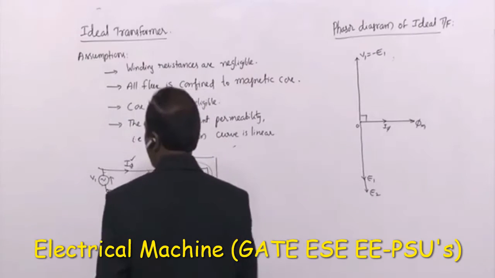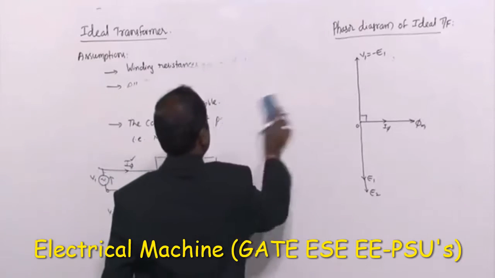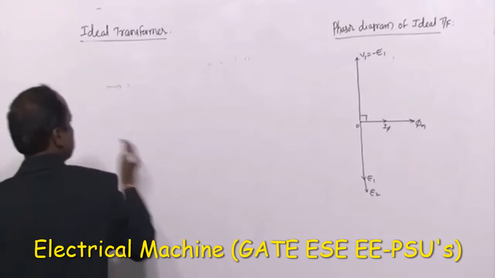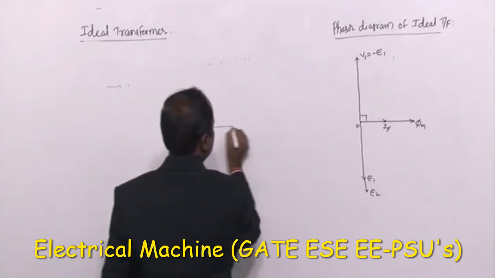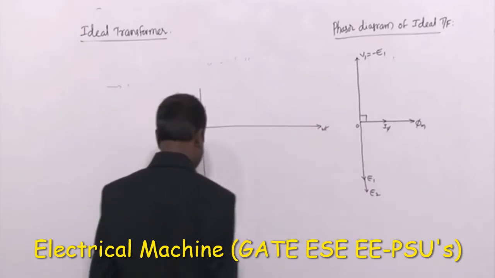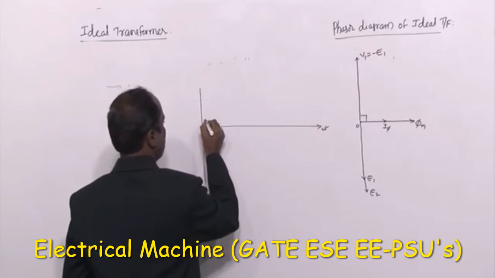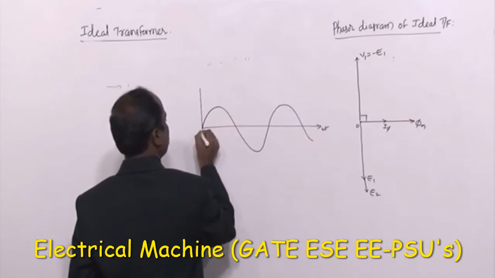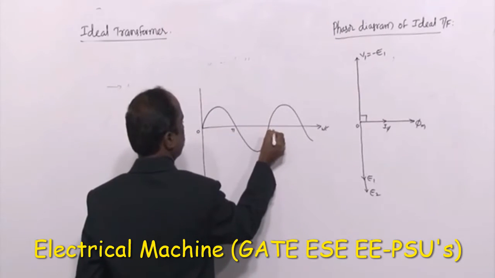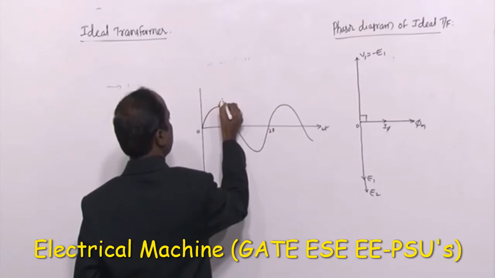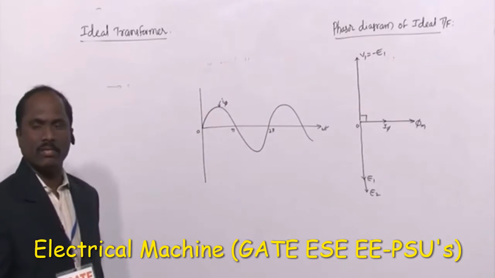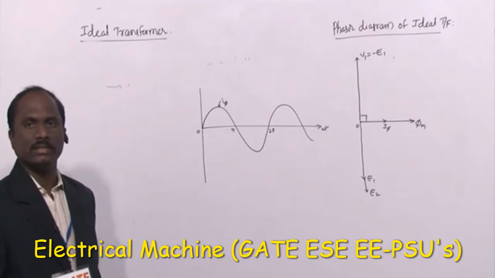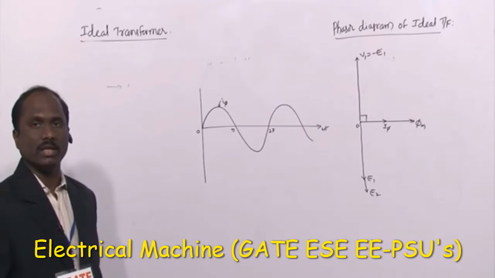Now we are taking a time diagram for the ideal transformer. In this one also we are taking flux as the reference. Actually, first one is current. This is the current, 0, pi, 2 pi. This is the current I phi. Because we are applying a voltage across an inductor, it is drawing a current I. The current is sinusoidal, but it lags the voltage by 90 degrees.